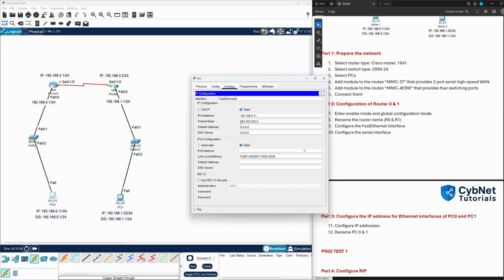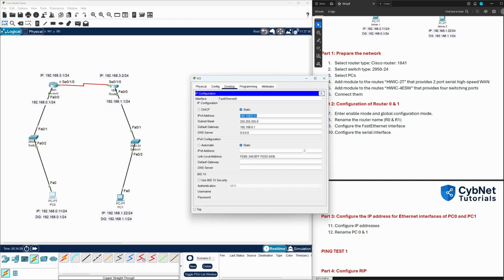If you use another one, you can change it here. They add the default one, but you can change it. We also need to add the default gateway so it knows how to go to other networks. So 192.168.0.1. This is the default gateway, which is the same as the IP for this port, because this port connects this network with the other networks. So because this is a default gateway,